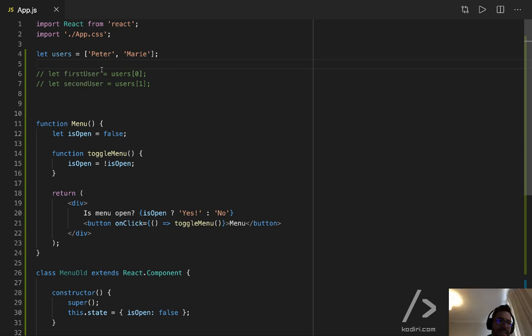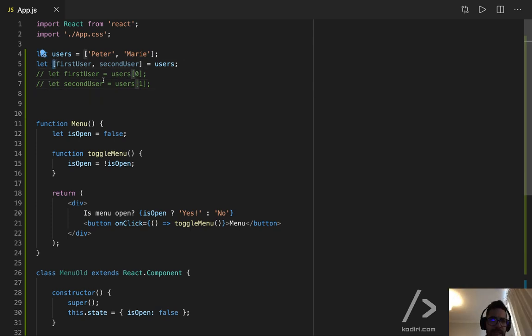Can I? Yeah, Adam. That's absolutely correct, Adam. That's beautiful. Yeah, Adam is right. So that's the way we can destructure an array. If you pay attention, the syntax is equivalent to object destructuring. Because we want to destructure an array instead of an object, we put square brackets instead of